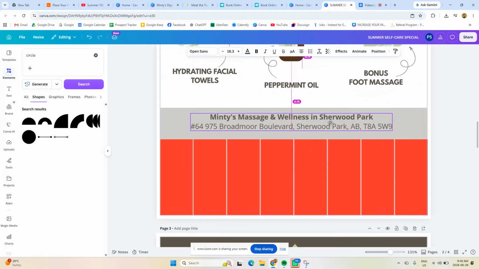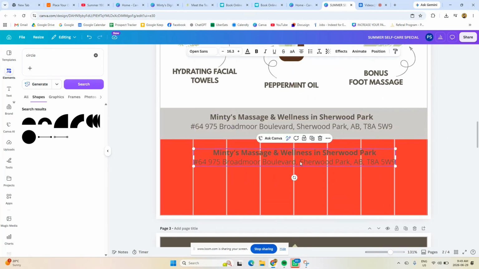So we go, what do we want it to say? We want it to say, let's go all caps, CALL MINTY TO BOOK TODAY. And then put the phone number. So let's just make a phone number up, 403, let's just use